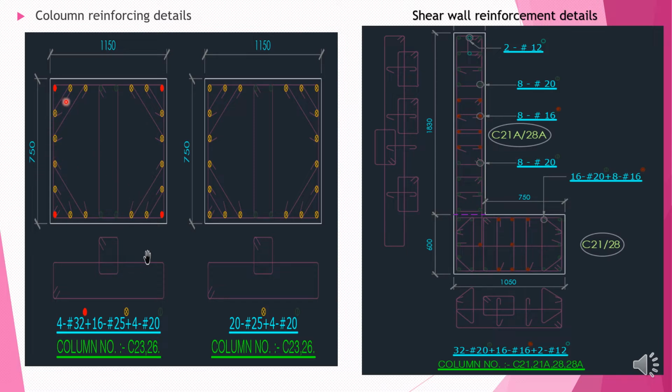When you see the ring arrangement, it has been shown like this. You can see here the ring arrangement. Here one more ring comes from here, and it will have a cross tie over here. It will be like this. The same way for the other columns. If you go to the shear wall connection, the shear wall has been detailed like this. In this area, what will be the reinforcement has been mentioned. So all these things have been mentioned here.